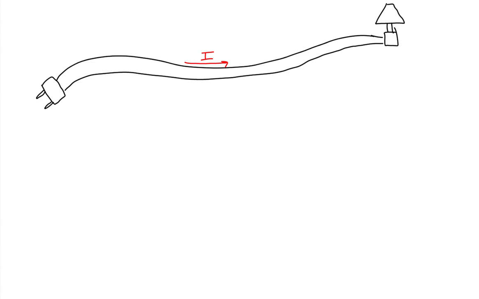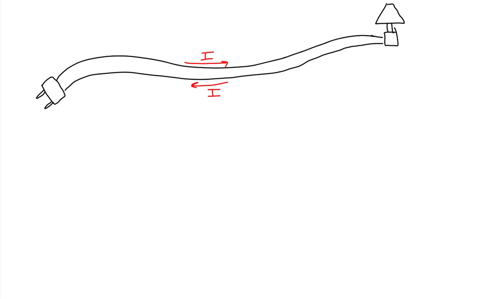Let's begin this problem with a sketch. So this says we have an extension cord that is attached to an appliance. So maybe this appliance is a lamp. And this extension cord connects to a wall outlet. This says that one of these wires carries current to our appliance, while the other wire carries current away from